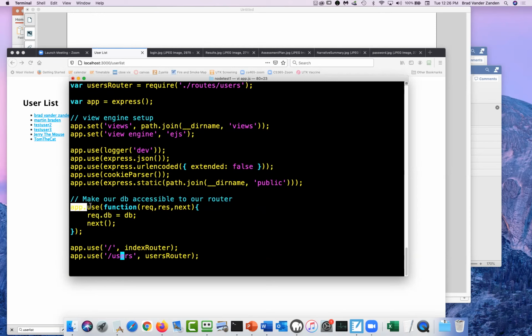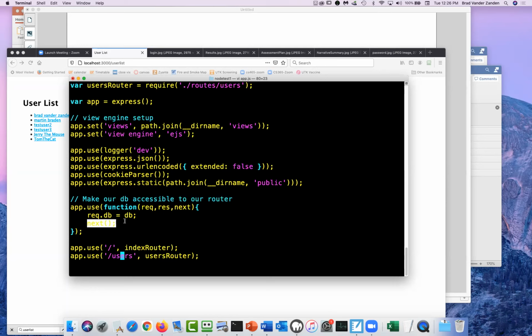We actually had to add this to the request object. And I'm not going to go into details, but basically we're just setting up a whole bunch of middleware in this app.js file that's created for us by Express, and adding some things.